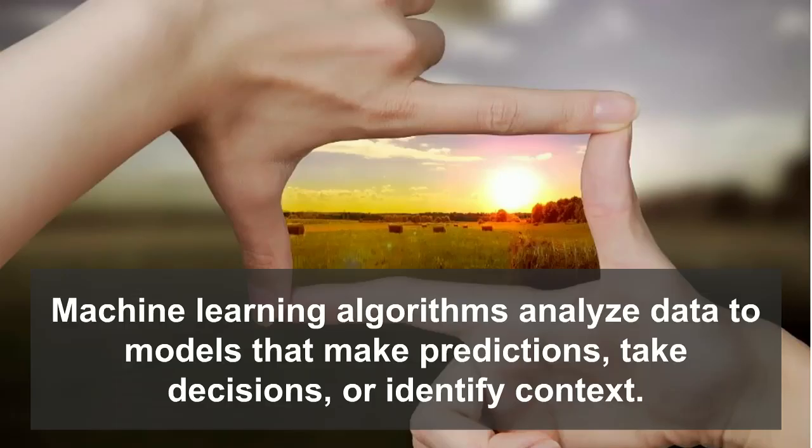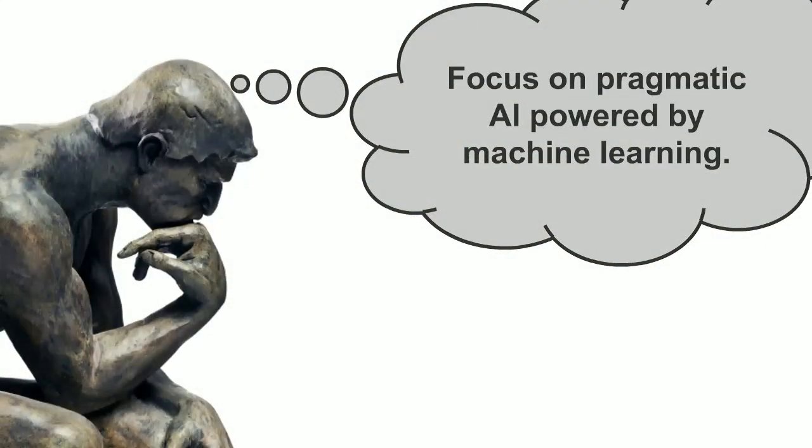And when you think about machine learning from a business standpoint, the way that translates to business value is the ability to make a prediction about something, to make some kind of decision, or to identify context, right? So translating it down to the element of machine learning and making a prediction, making a decision in your business, augmenting intelligence, those other elements I said, that sets the right expectations. So you should focus on pragmatic AI powered more specifically by machine learning.